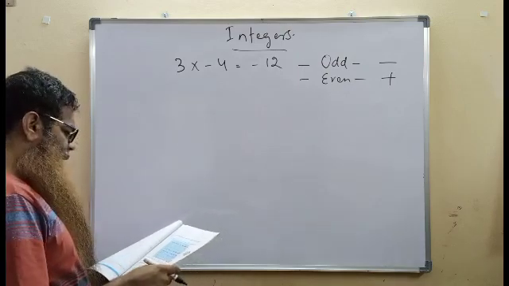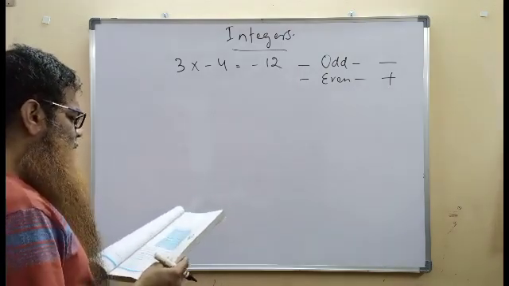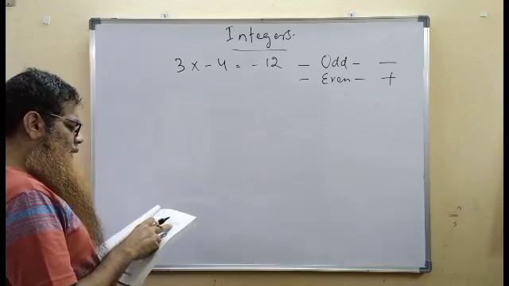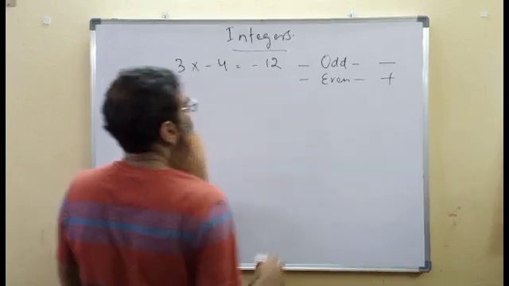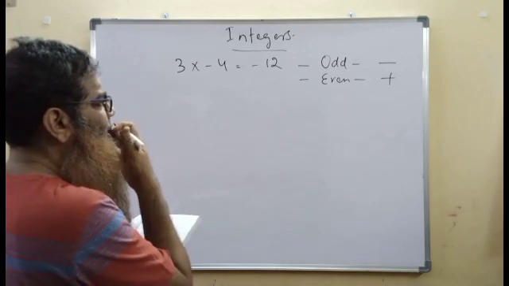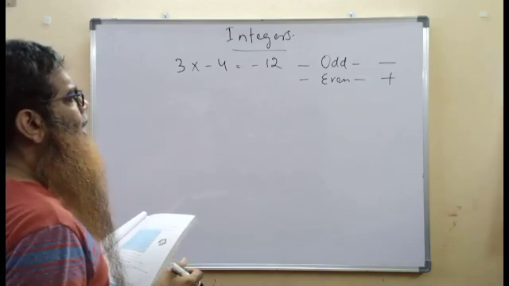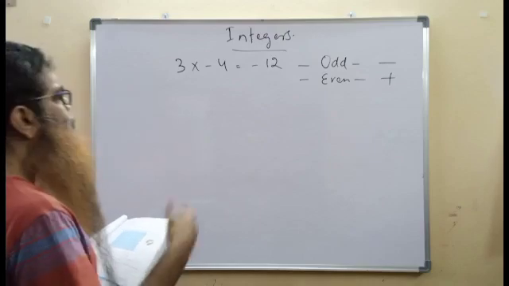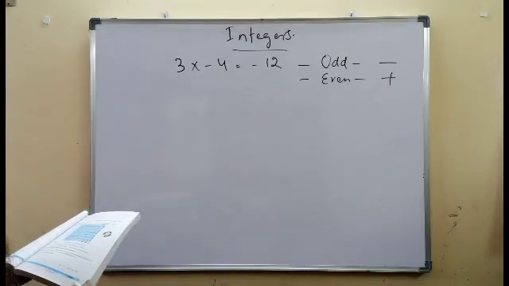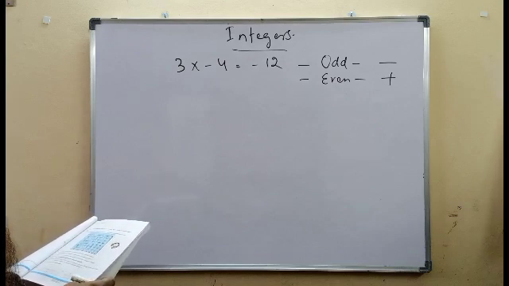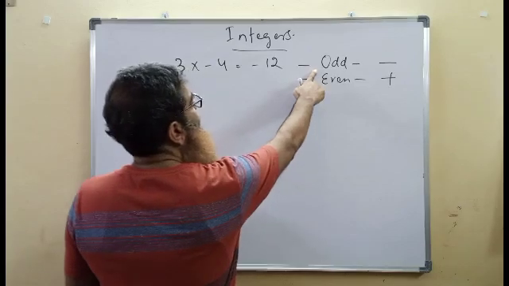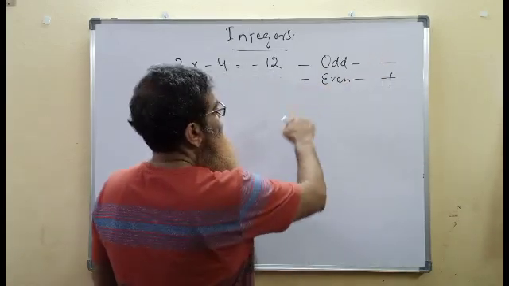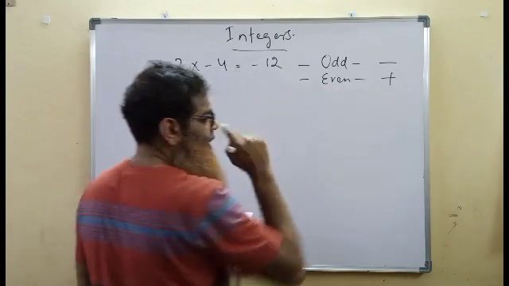Now turning to page number 8 and 9, every time we multiply two negative integers, the product is a positive integer. That is, when an even number of negative integers are multiplied, we get a positive integer: 2, 4, 6, 8 and so on. 1.1.3b, multiplication of more than two negative integers. When more than two negative integers are multiplied, if the number of negative integers is odd, the product is negative. If the number of negative integers is even, the product is positive.